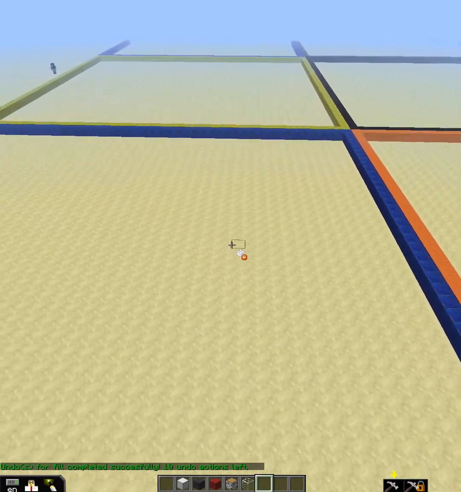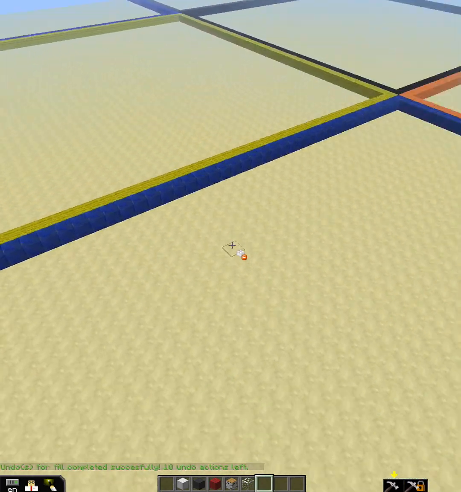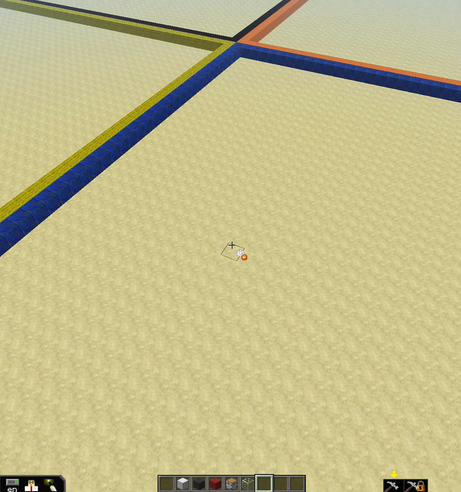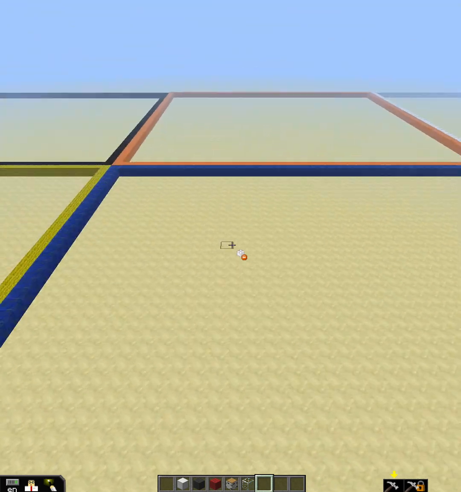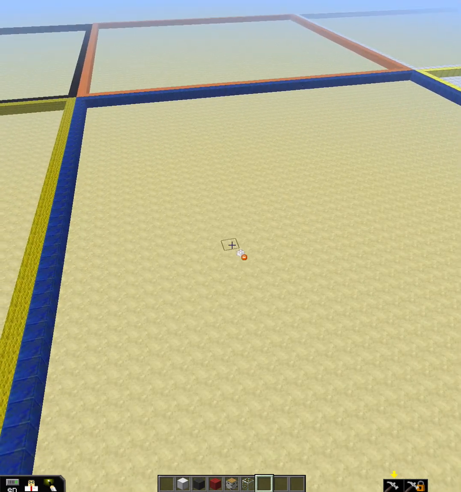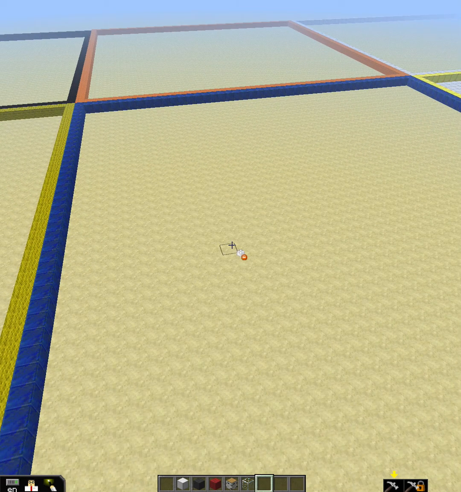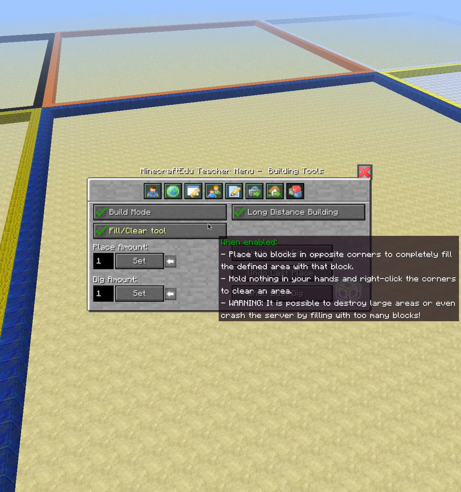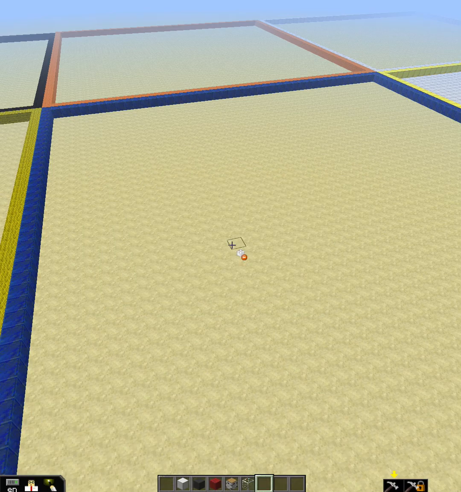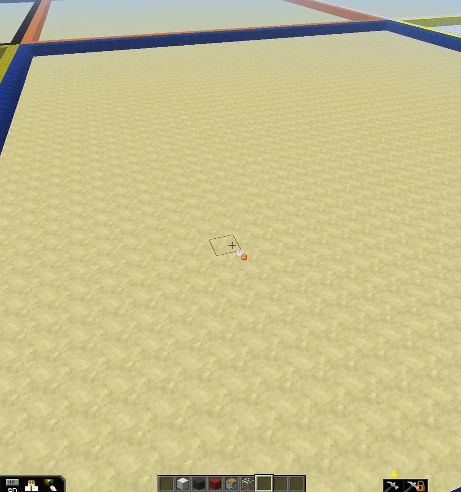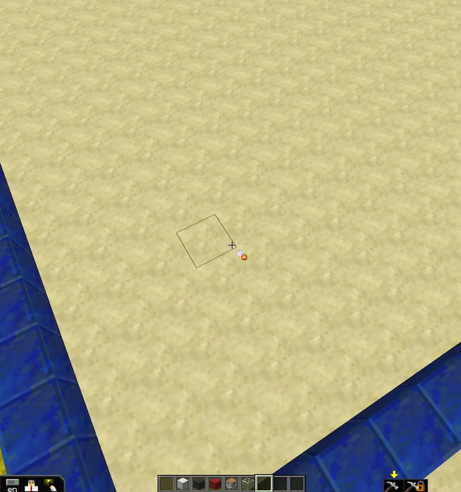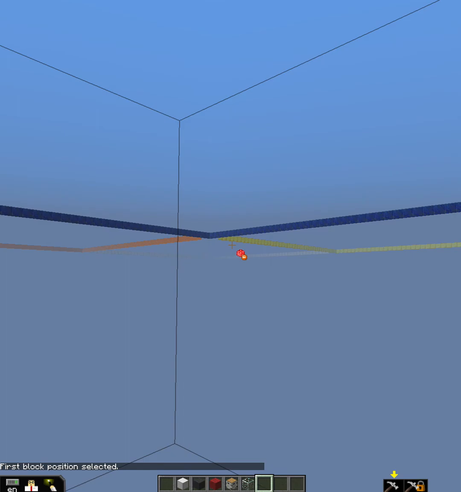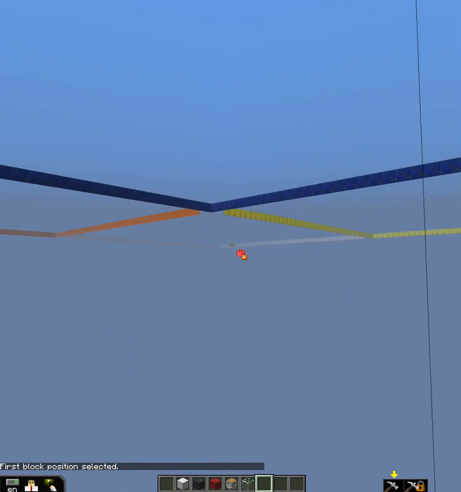Now you can do something very neat and something that my students really enjoy with the Fill Clear tool, and that is you can build underground caverns, is what I call them. So a lot of times I'll go to their cubicle, maybe they filled their cubicle up, and they'll request an underground cavern, and so I'll build them one. So you do the Fill Clear tool, make sure build mode's on, and then you're just going to go underground. And build mode lets you go underground. So we'll go underneath this cubicle here. I'll just select my first block, we'll say right there, go all the way to the other side of the